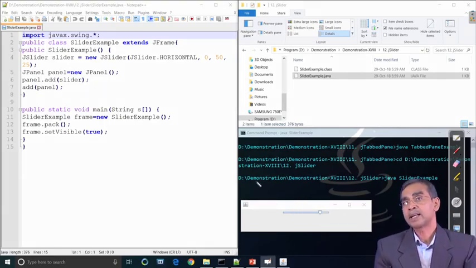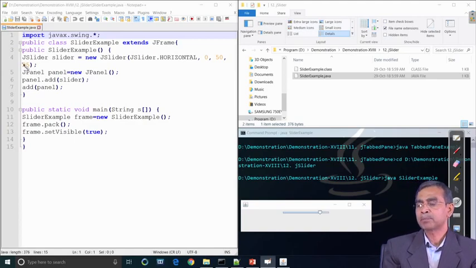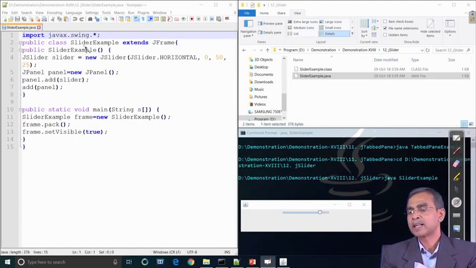So, this is the slider. If we move it and place it at any position, a value can be written there. So, there is a way that the slider value can also be read. Now, here is a simple example that includes a slider. We give the name of the slider as J slider, slider, and then slider horizontal, that is horizontal movement. If you write J slider dot vertical, that means a vertical slider will be there.